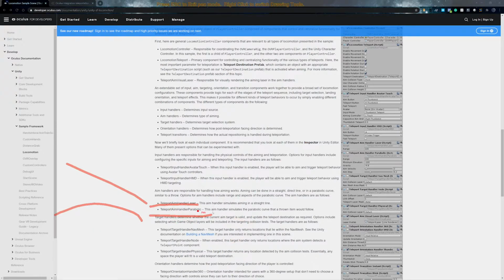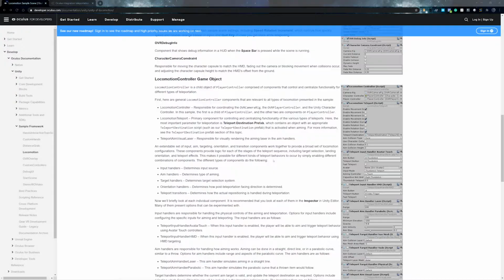And so depending on which one you want is the script that you want in. Or you can put both in with one enabled and one not, and use a system to change in between it. But the important ones that we do need to have are the locomotion controller, the teleporter,